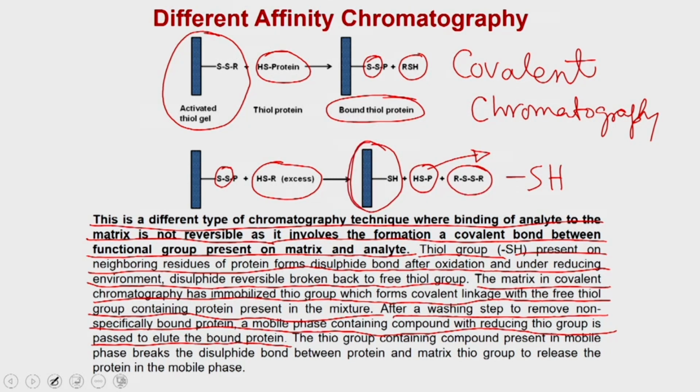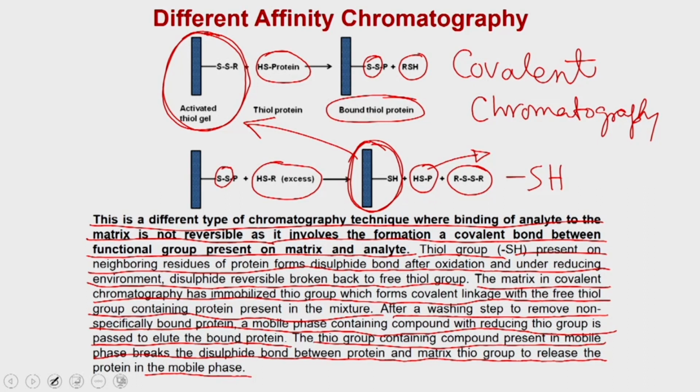But you see this particular type of matrix is very different, which means you have to regenerate from this matrix to this matrix to perform another round of purification. The thiol group-containing compound present in the mobile phase breaks the disulfide bond between the protein and the matrix thiol group to release the protein into the mobile phase, and that is why covalent chromatography is a destructive chromatography,